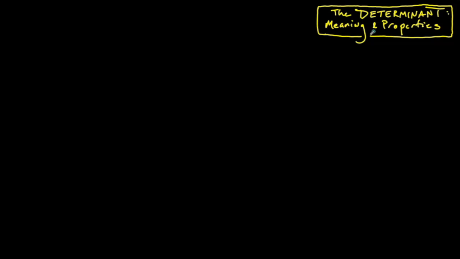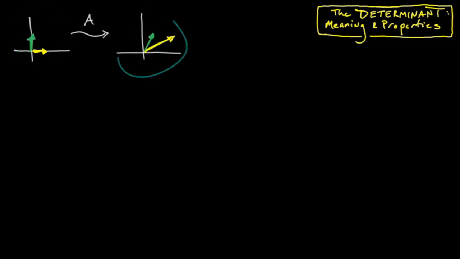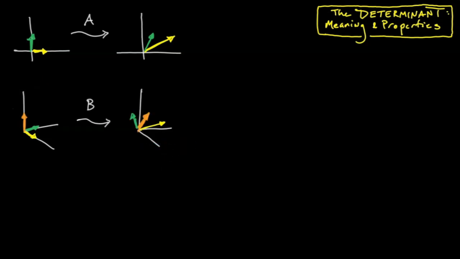As I mentioned a moment ago, the determinant is something that is defined only for square matrices. We'll see why this is so in a moment. And square matrices correspond to linear maps from a space to itself, say from R2 to R2, or from R3 to R3. And of course, you know from the earlier chapters that linear transformations, or the matrices that represent them,